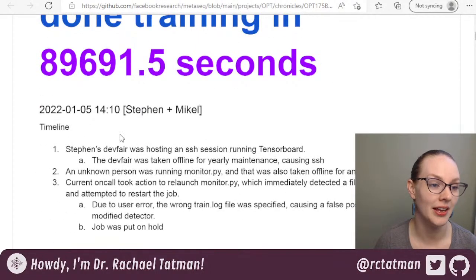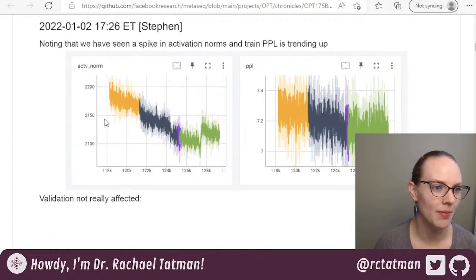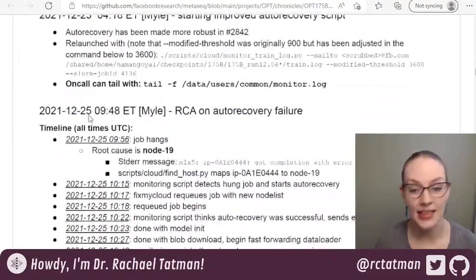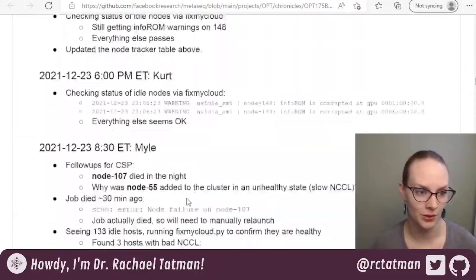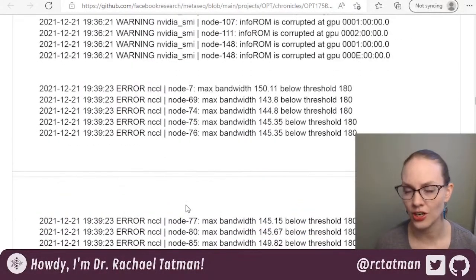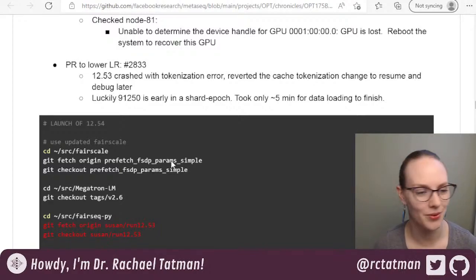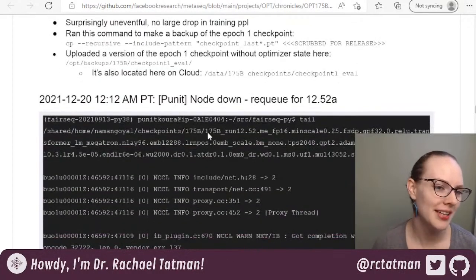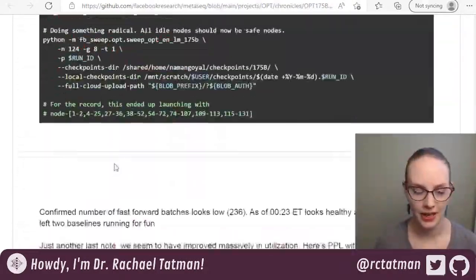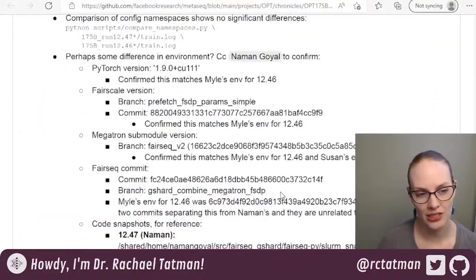So this was in January, and it's talking about the many different types of issues that they had and had to fix, et cetera, et cetera. I'm just continuing to scroll so you can see the scale of this work. I have not trained a large language model. I would not choose to train a large language model for a number of reasons that I imagine we will talk about in just a second. But it's a big engineering challenge, right? It's hard to do. And I think it's helpful to talk about just how hard it is to do.